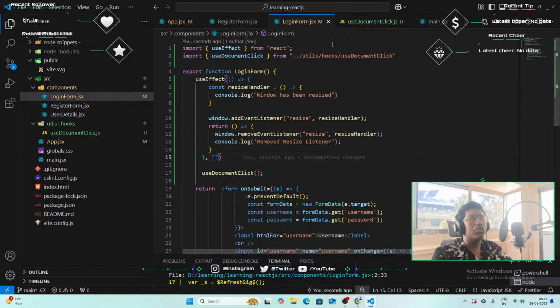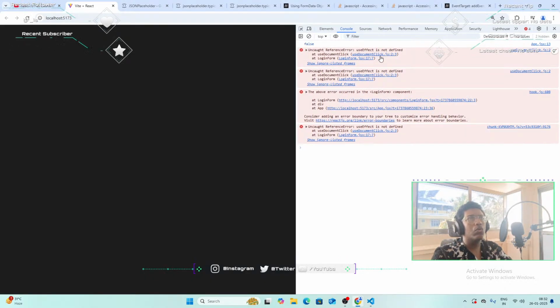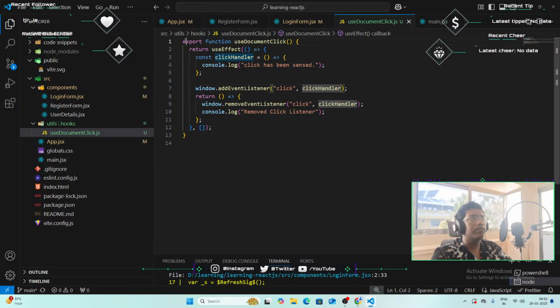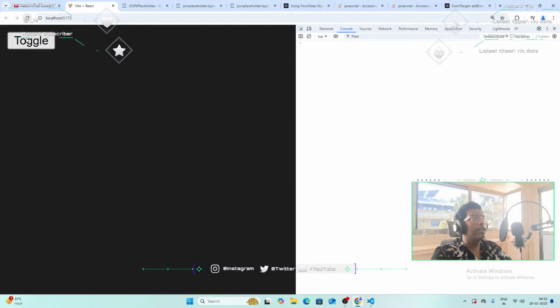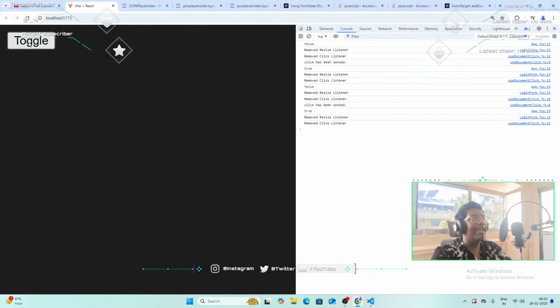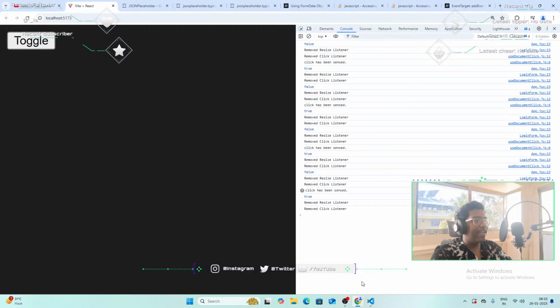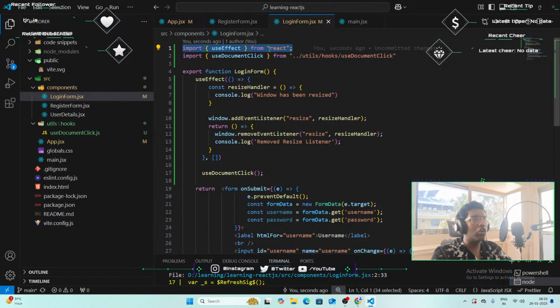Now what? Now it should work, right? Use effect is not defined. Okay. See, I need to import use effect from here. Okay, let's reload, and there we go. It's working. And the best thing about custom hooks is that now if I want to use document click, say